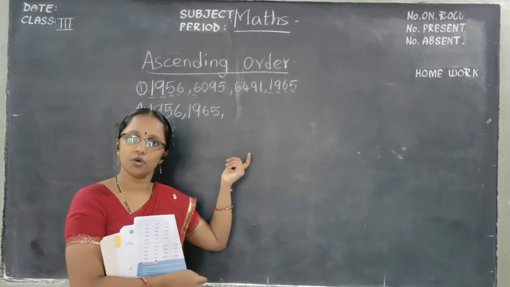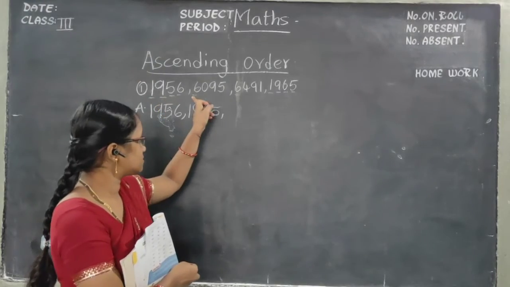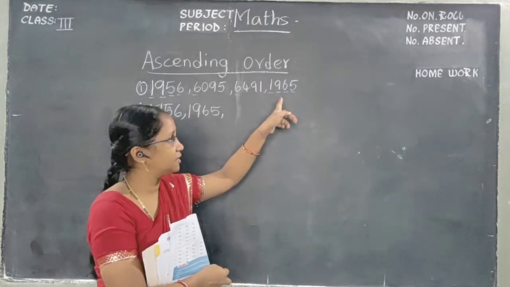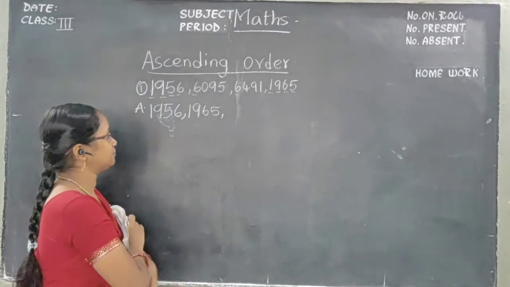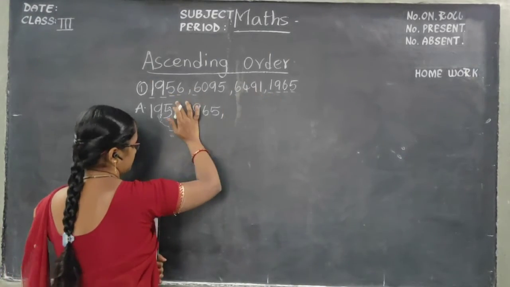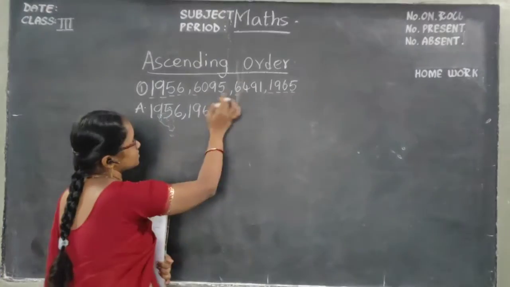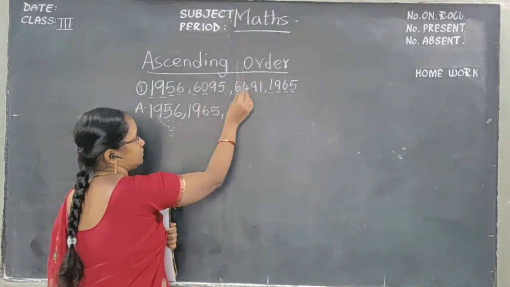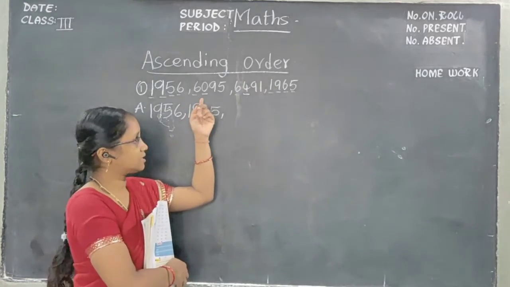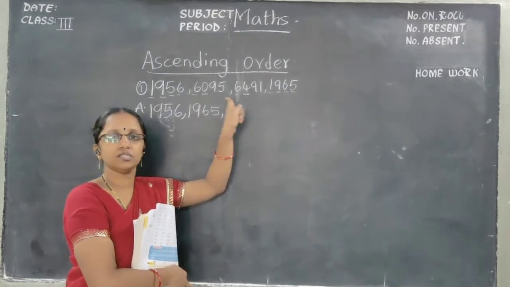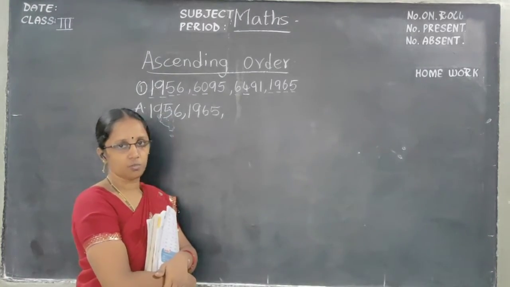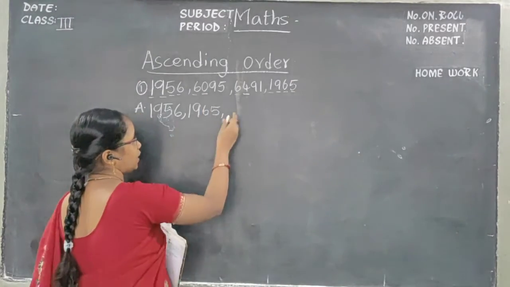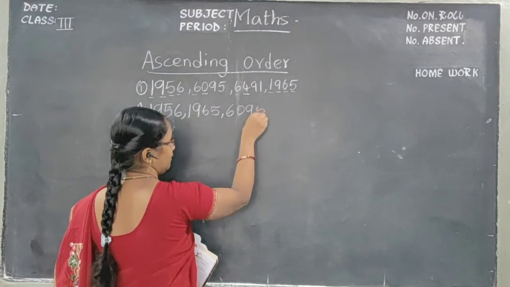If you see like this children, it will be very easy. Even the children who don't know the numbers well can write by observing like this. First the thousands place number, then the hundreds place number. If you see, then you can write easily. Now this both are over, right? 1, 1. Now we will see the second numbers. 6, 6 both are same. Now see which number is in the hundreds place. Here 0 is there and here 4 is there. So is 0 small or is 4 small? 0 is small. So when 0 is small, automatically this full number becomes small. So what will come? 6995.